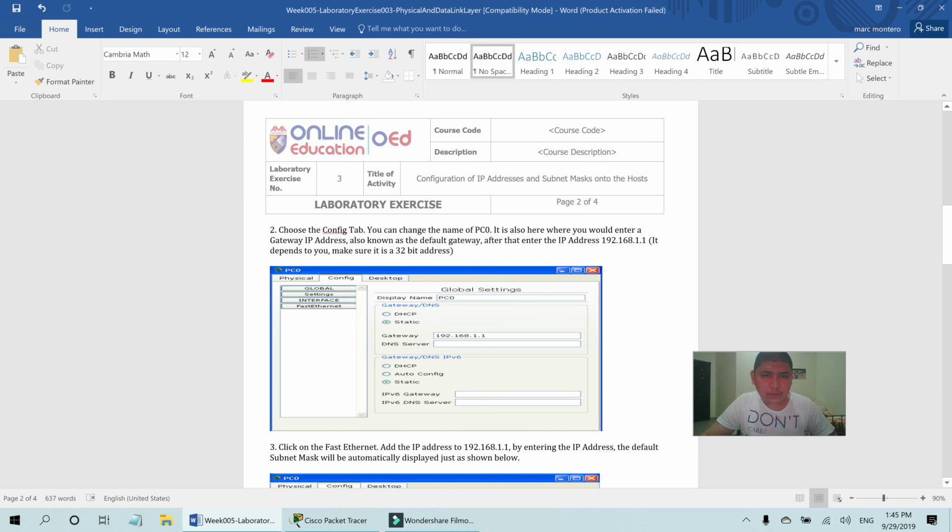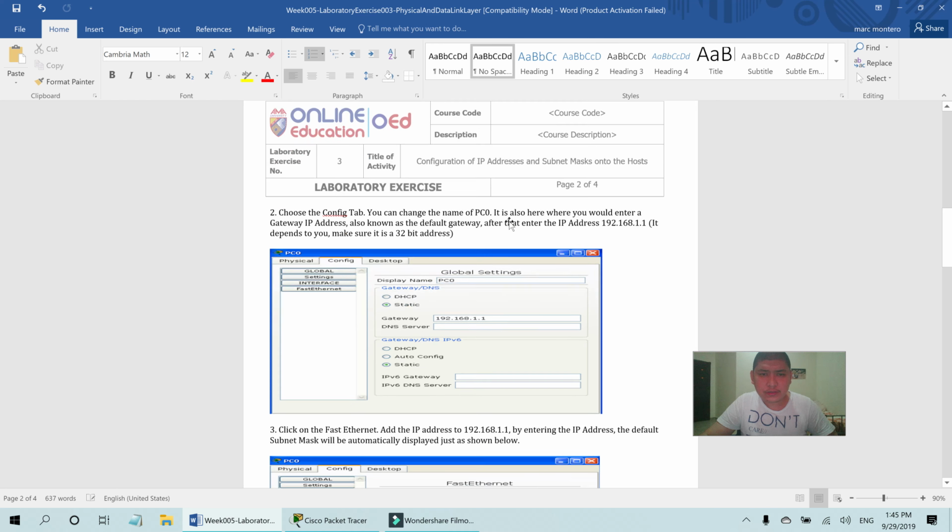Choose the configure tab. You can change the name of PC0. It is also here where you will enter the gateway IP address, also known as the default gateway. After that, the IP address is 192.168.1.1. It depends on you. Make sure that it is a 32-bit address. So